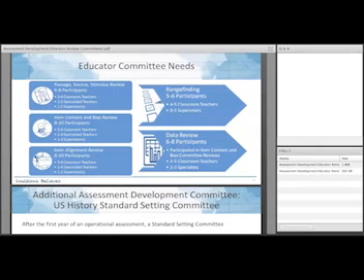Range finding is a bit smaller because it's more focused work, and the committee members that we really need are classroom teachers that are scoring student responses regularly in their classroom. They really understand how kids respond, what kids mean, and so for those range finding committees, the classroom teachers are critical. And then data review.